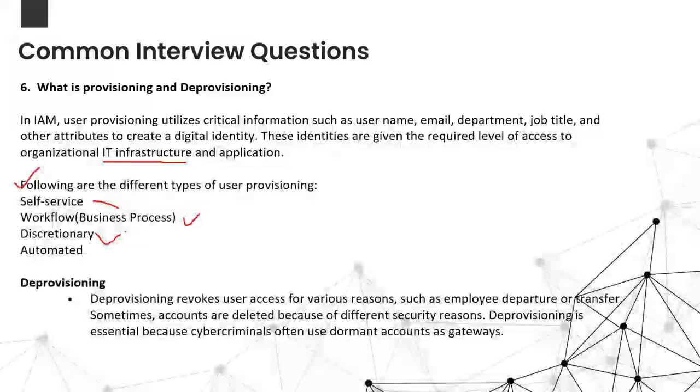Yeah. Next, we have the automated fashion. As I said, based on the roles and entitlement assignments, you can give the accesses to the user. Okay, so these are all certain things. Yeah. So next it comes to deprovisioning, guys. Okay. Deprovisioning means revoking the access, or removal of access from the user when a department transfer or a manager transfer happens inside the organization, or if the user left the organization.